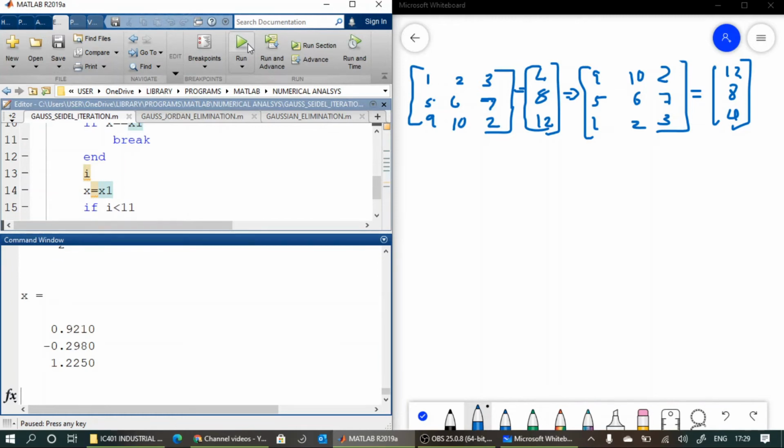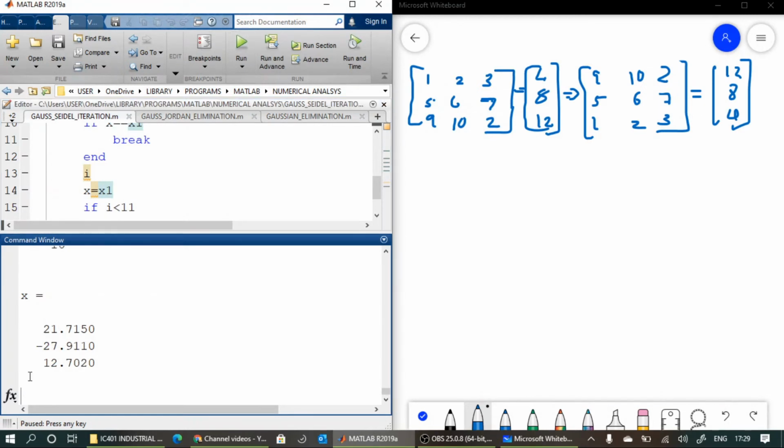First iteration, second, third, fourth, fifth, sixth, seventh, eighth, 10th, last one. So you can see that this one is a solution. Sorry, this is after the 10th iteration. This one doesn't have any solution if it is 2. So swapping is not sufficient. In this case, swapping is not sufficient.